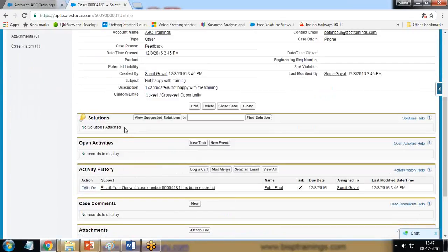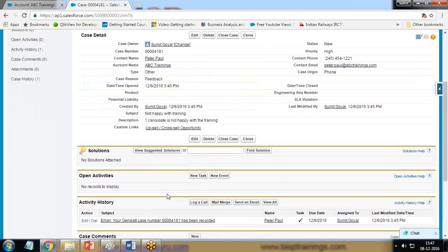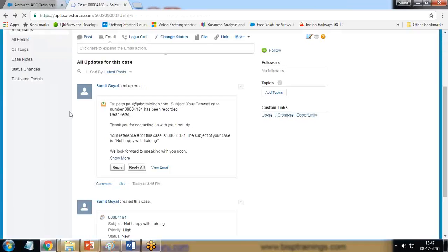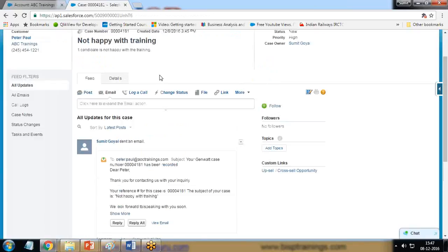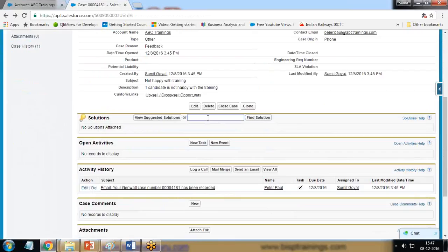And if I scroll down, any solution which the customer care executive will be providing to that customer. So either I can look for a solution, or I can view the suggested solution. So I click on view suggested solution related to the case. If there are no suggested solutions, then we can create a new solution as well. So either I can find a solution here,